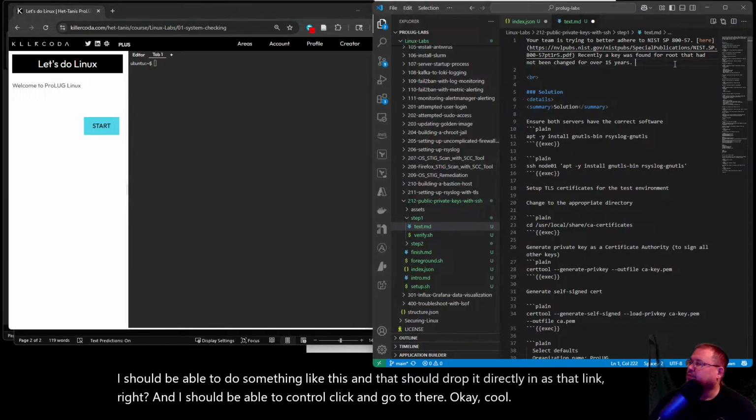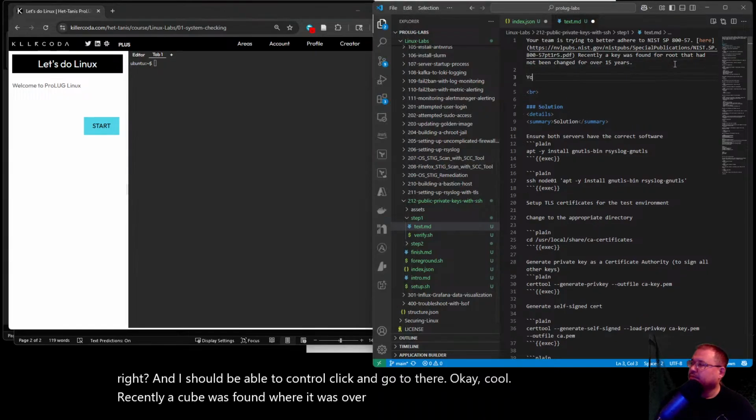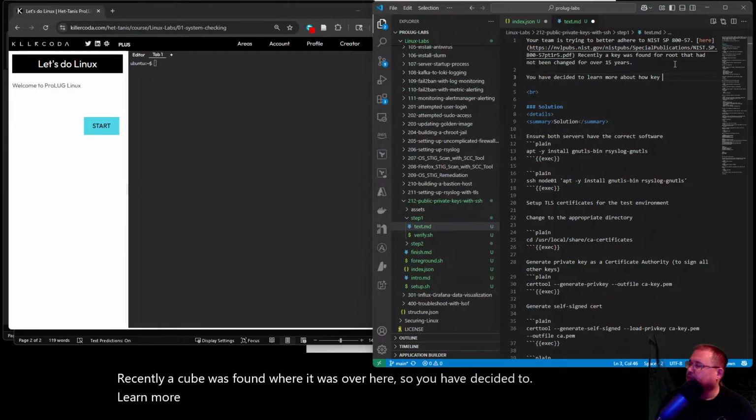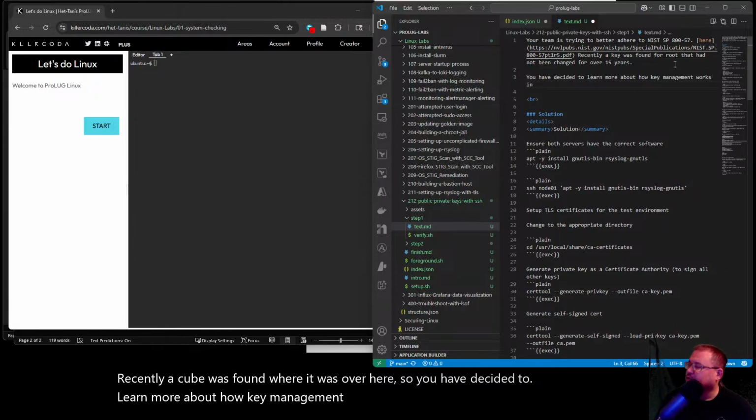Recently a key was found, the root is over here. So you have decided to learn more about how key management works in Linux and generate. So here's your tasks.